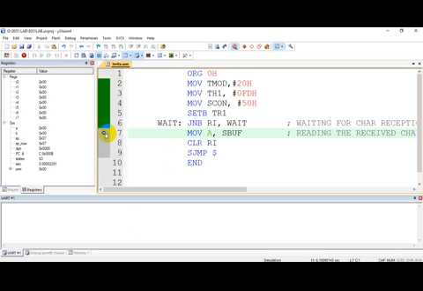When you receive something, it will come out of that loop. So I will write A. Let's execute once again, and I'm sending a character A. Let me reset it.